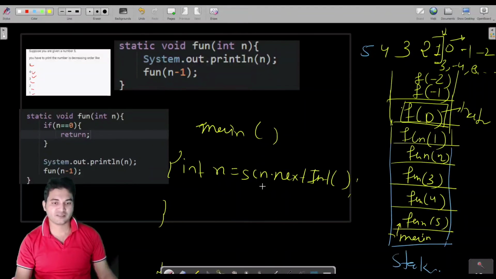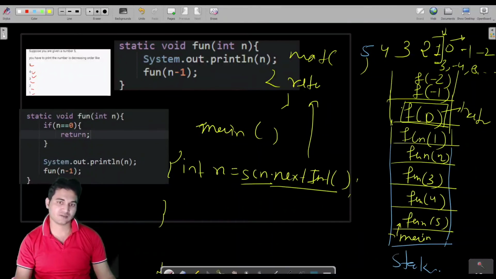What happens when this method is being called? Of course, this is defined in the Scanner class. So let us suppose this method is defined here and it is not taking an input. It is returning something. What is it returning? It is returning the input which is provided on the console. So it takes the input from the console and returns it.